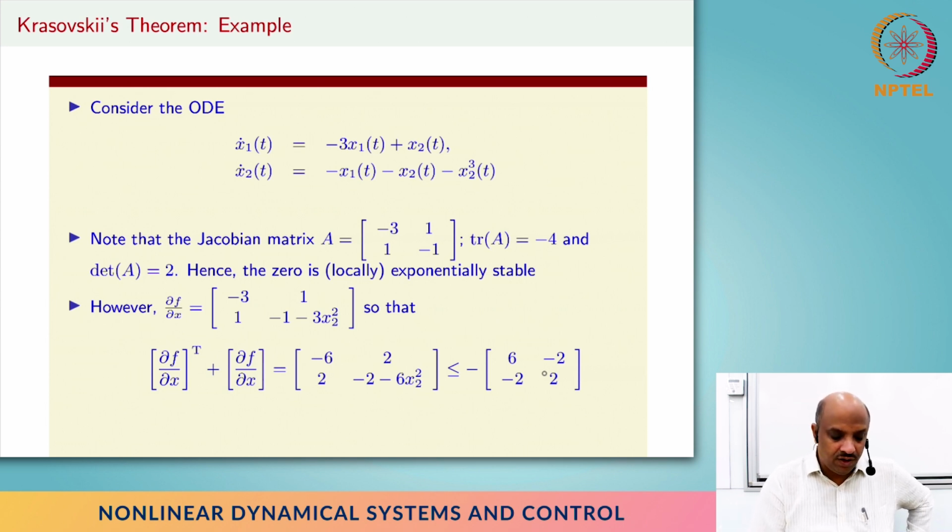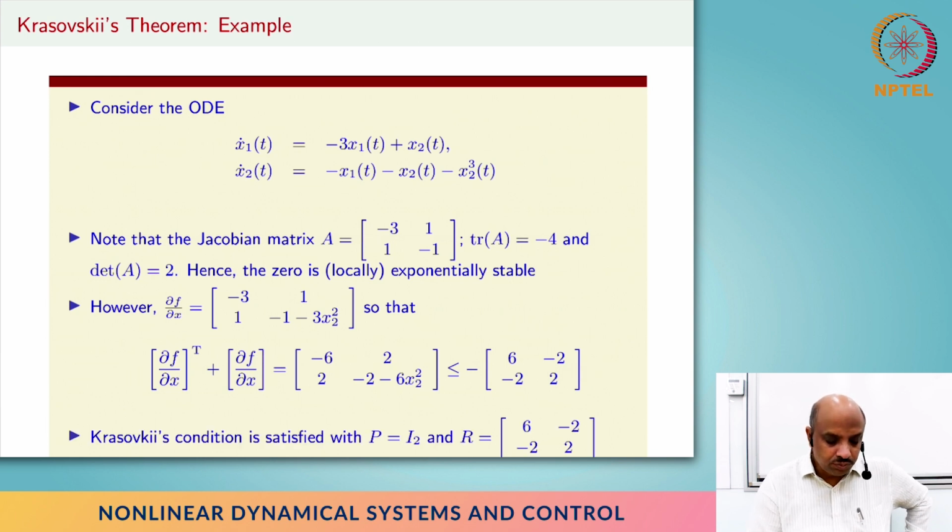So we have this condition: something times identity, I don't write the identity here, plus identity times something is less than or equal to minus some positive definite matrix. So this becomes your R, and P becomes your identity, and therefore the Krasovskii condition is satisfied with P equals identity and R equal to this, and we end up with the Lyapunov function V of x equal to f transpose P f, where P is identity,